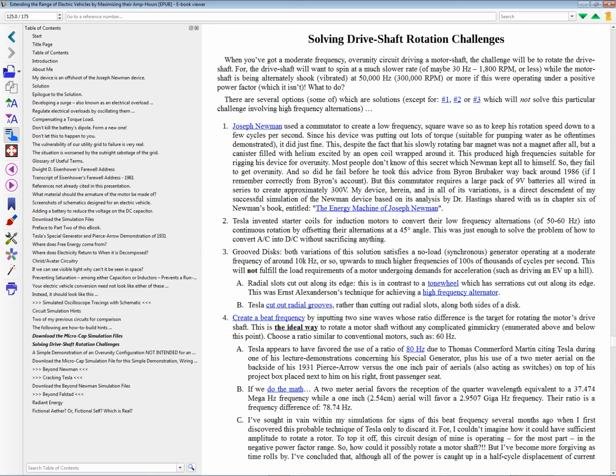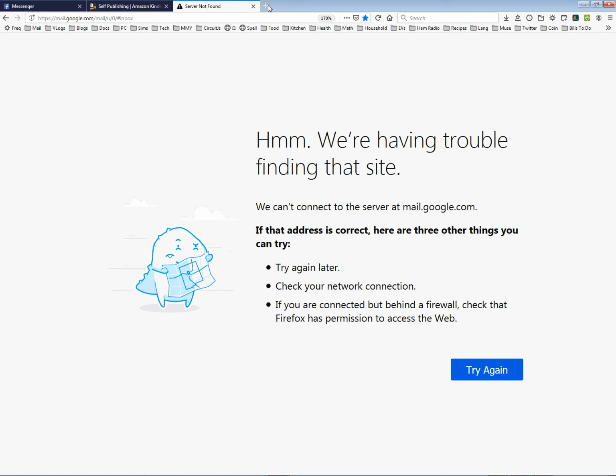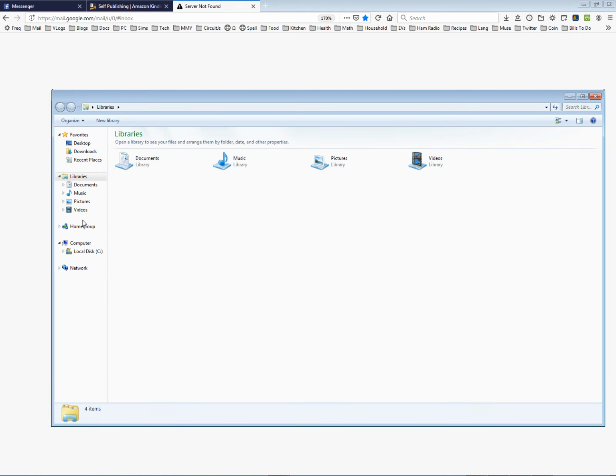Thomas Comerford Martin's book on the subject, having to do with, let's see if I can do this safely without showing off my X-rated desktop. Let's see. We need a new window here. Oh, I'm not connected to the internet. This is not going to help me. So let's try a different approach. Let's see, I have it on my computer somewhere.